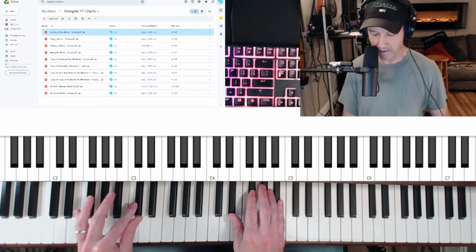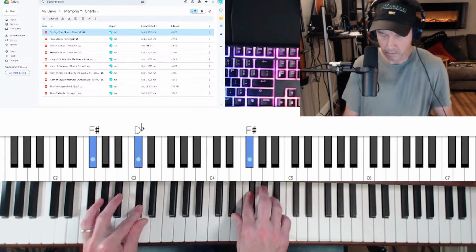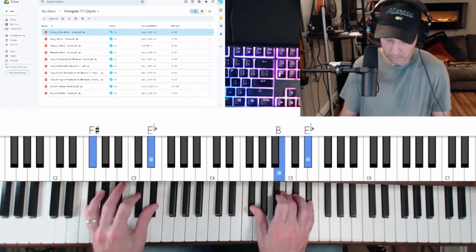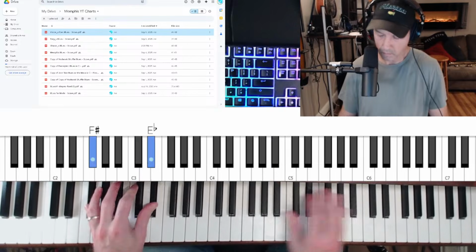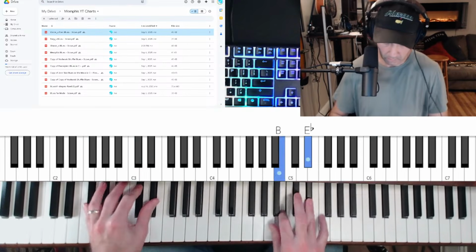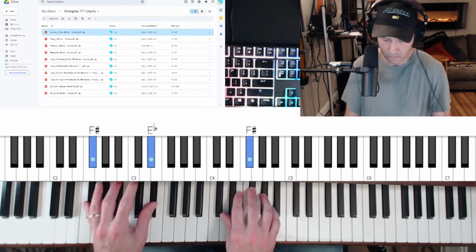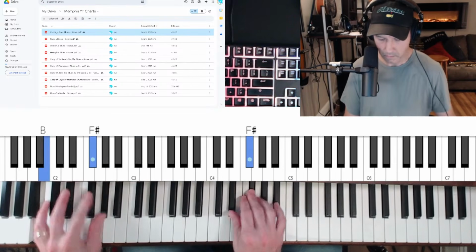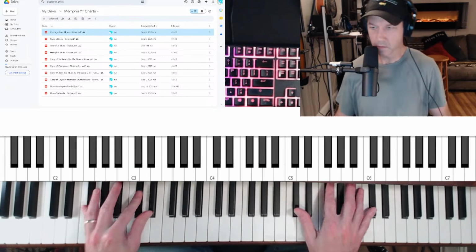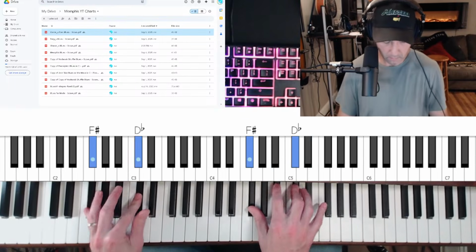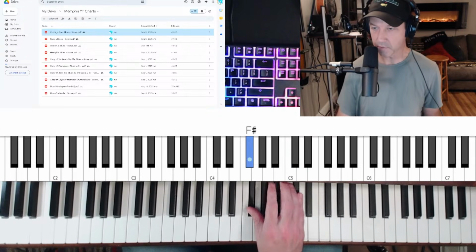Go down to E flat minor for your 3 half steps down. Alright, so I actually kind of like that. F sharp feels pretty good. And then you have your